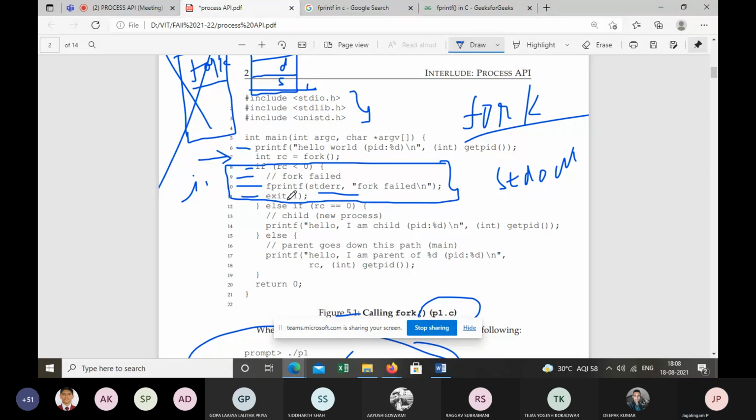So when we exit the code at line 11, the output will be only the printf, I mean, hello world. Everyone understand this? The basic fork system call.